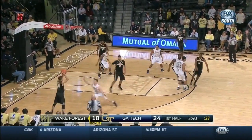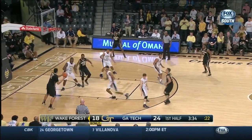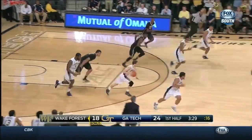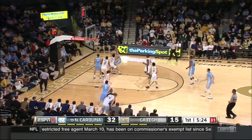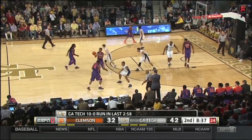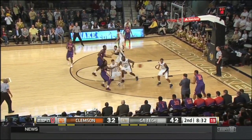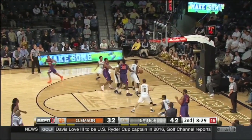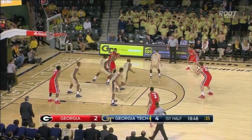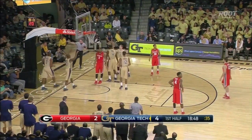Still scoreless at this point. Thomas with Stevens there. Little two-man game. Back to Devin Thomas. Inside, slapped out of there by Cox. Scooped up Jorgensen. Here he is on the run. Too strong, and it's ripped down. 5 guys have to guard the ball screen. Not just the guy that's hedging and the guy on the ball. Those other guys got to shrink the lane when he's rolling. Offense still going to be a question. Jurisic to Thornton. Over the top of Cox, and last touch by Georgia Tech, so it will